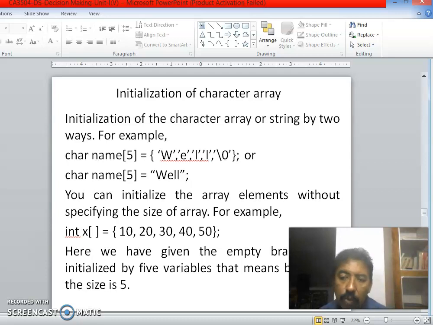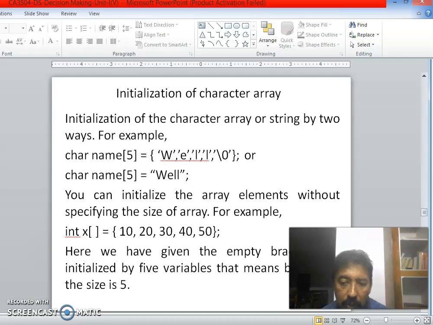Then how do we initialize character arrays? char name equal to, using single quotes for each character, it will be automatically assigned. Or otherwise, another way is char name[] equal to a string, Walter. In the above one we put single characters; in this we assign a string.